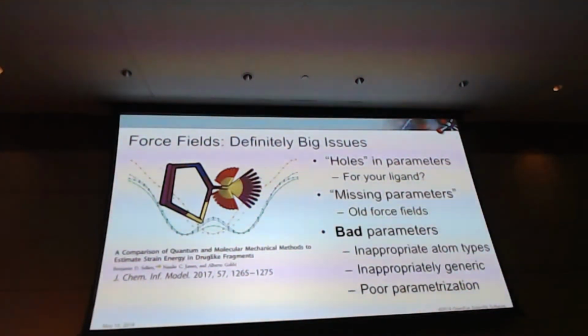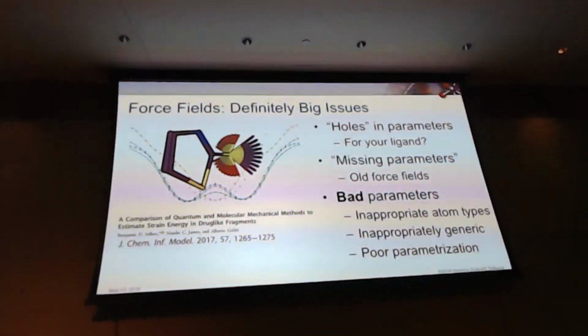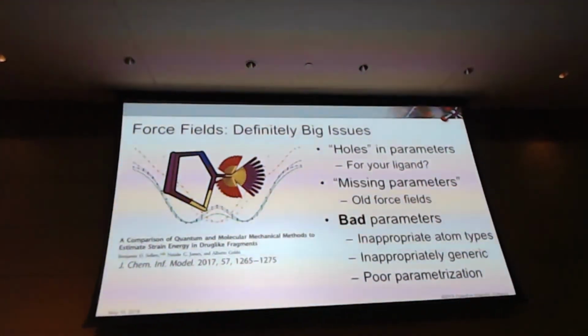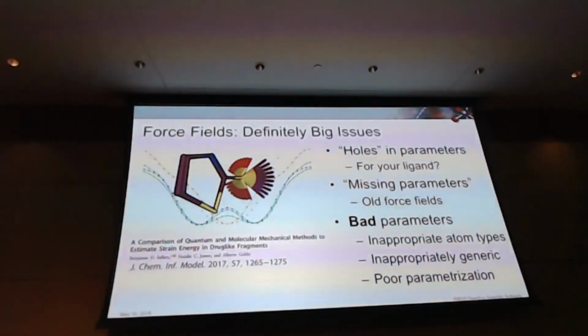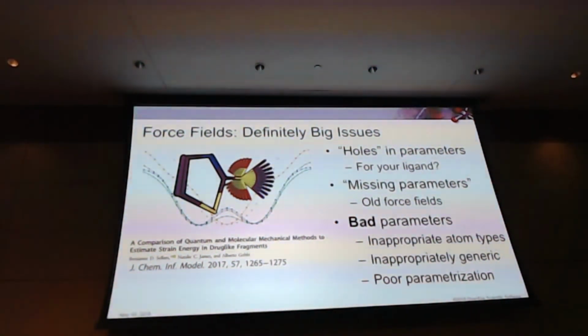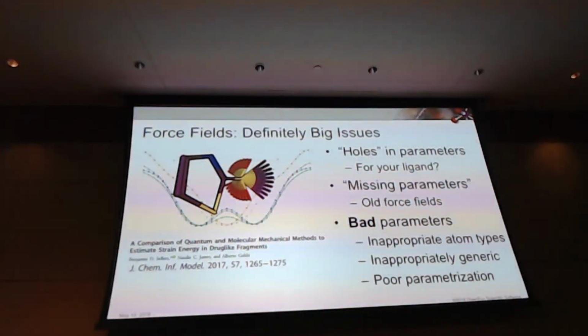What we all know about the small molecule force fields is that although they do some things really, really well, they end up doing other things really, really badly. This happens because you end up having holes in your parameters, and you're always looking over your shoulder saying, are these happening for me with my ligand? Now, the old force fields at least would often let you know. They would say, you've got missing parameters, buddy. I am not proceeding with your calculation until you find me some parameters here. Whereas the newer force fields will often just proceed right ahead and give you some lousy calculations because the parameters are just bad.